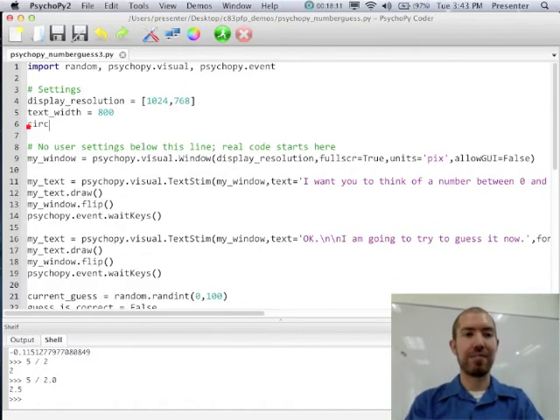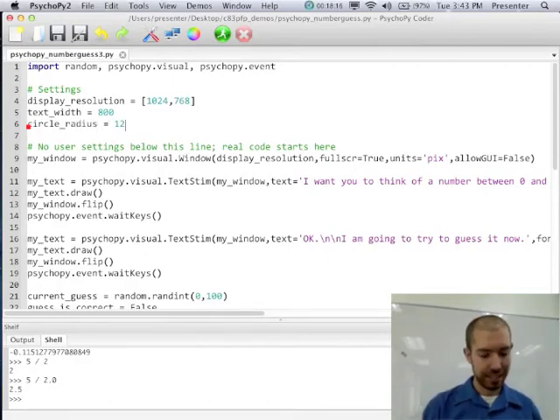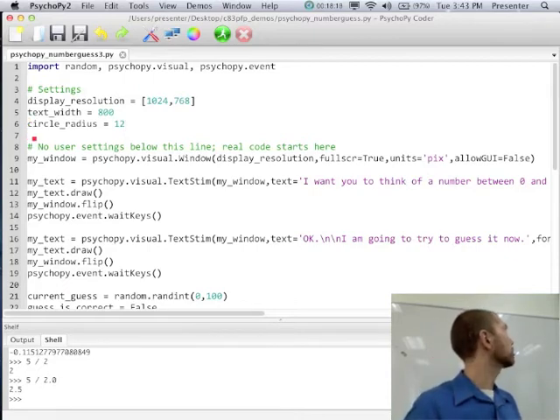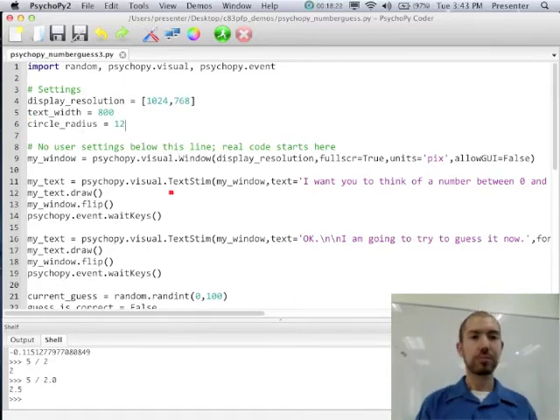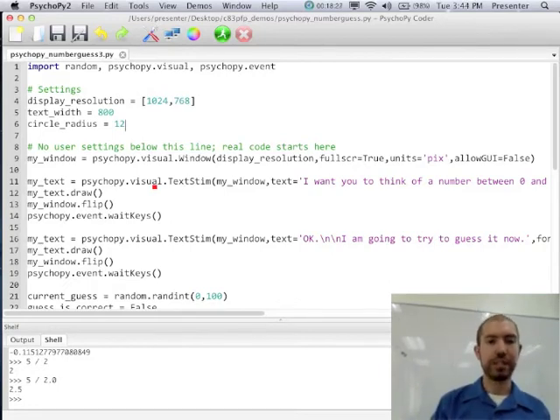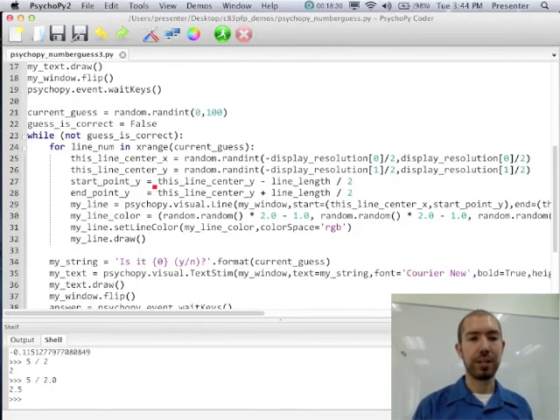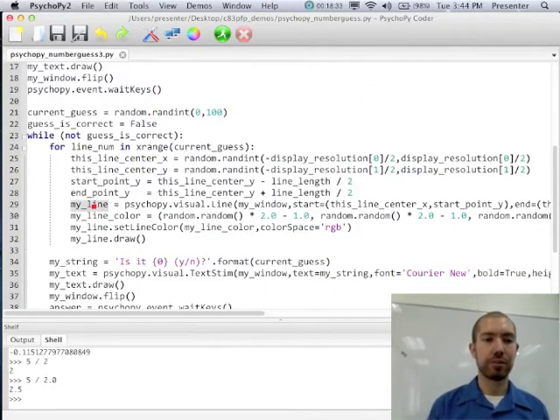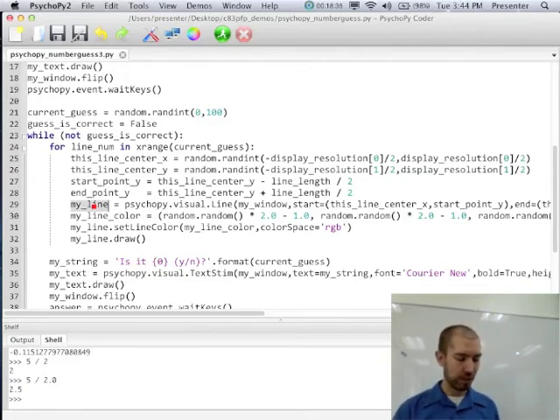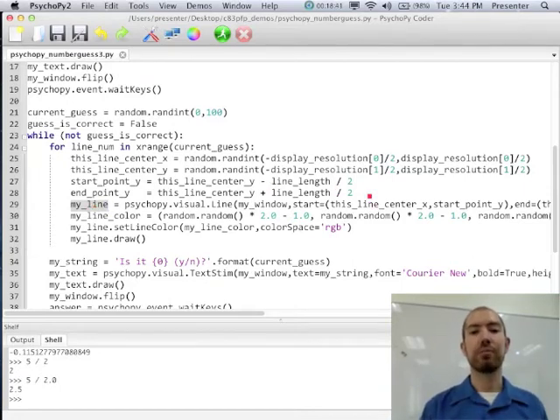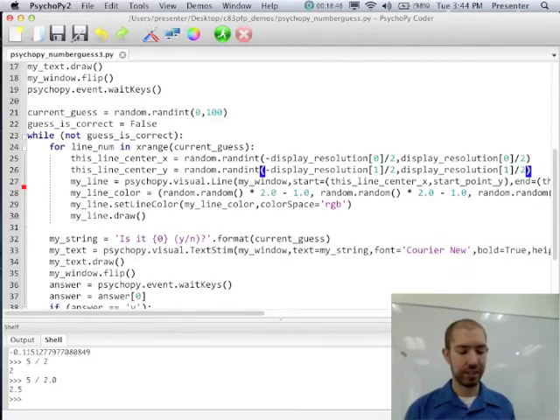So I'm going to do it by radius, because I think that's how CyclePy does it. And I think 12 pixels should be a nice size. So we're going to make some circles with radius of 12. So you can just get rid of those line length lines. And let's see, so we only need to replace a couple things, right? So we replace that. And then first of all, we don't need a start point and an end point anymore, right? So we can get rid of this, because a circle has a center, and it has a size, but it doesn't have a start or an end point. Okay?